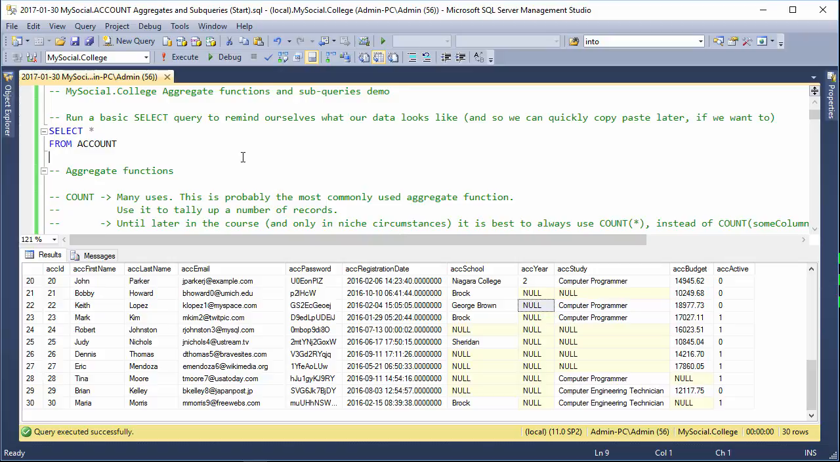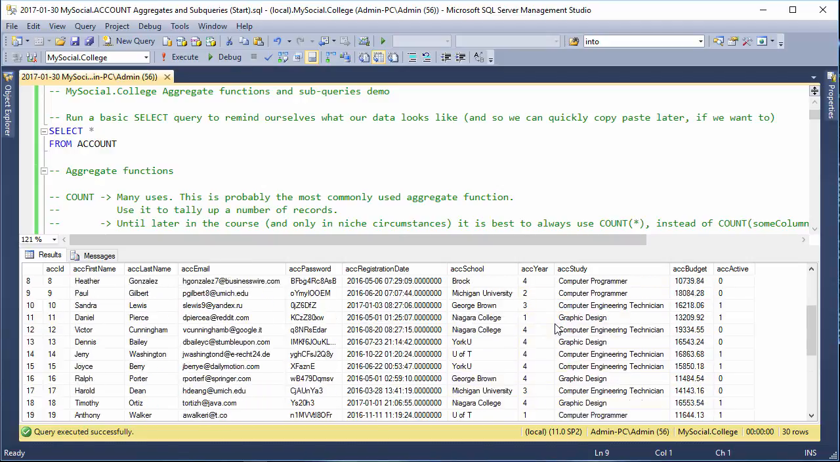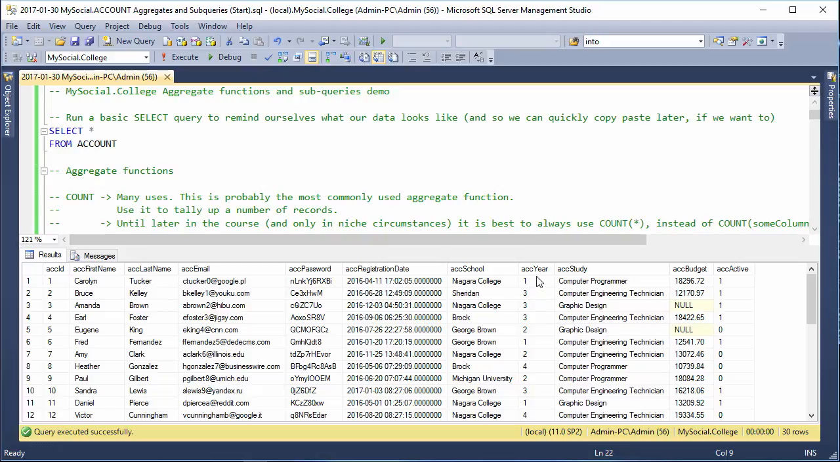We have what are called aggregate functions in SQL. What aggregate functions do is they take a set of data from a given column, or possibly a formula, and they run what's called aggregated data on it, but we can think of it as summary data because what it does is, for example, if I said give me the average budget of everybody who's a computer programmer,